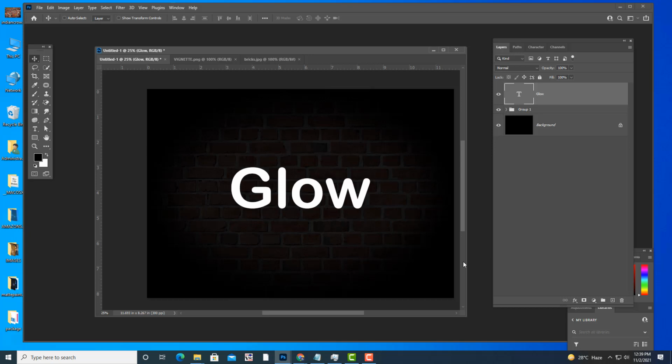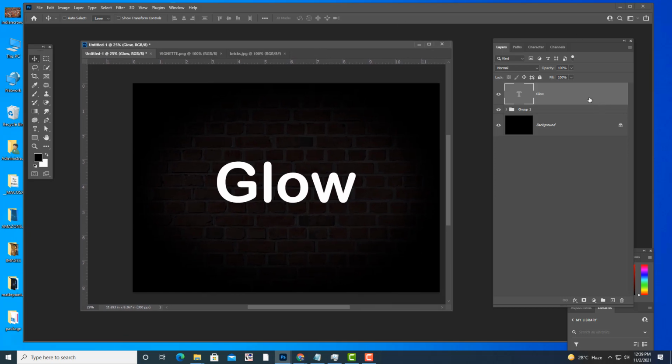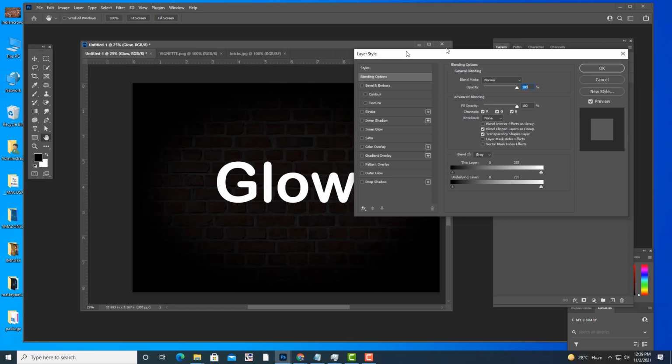So for that neon glow, what do we have to do next? We have to go to layer styles. How to go to layer style? Simply double click on the right side. Okay, so now this layer style